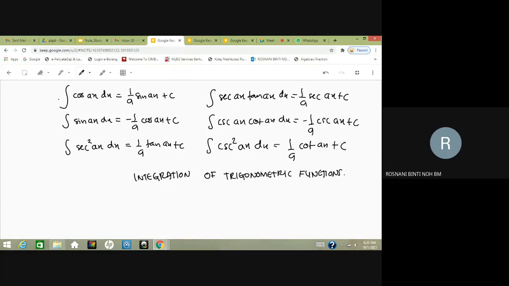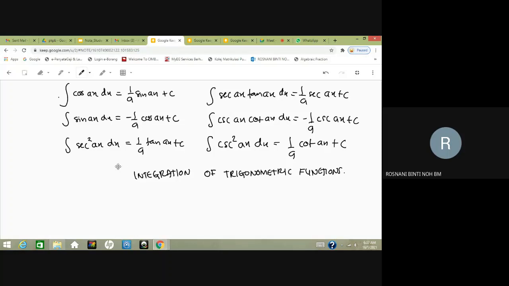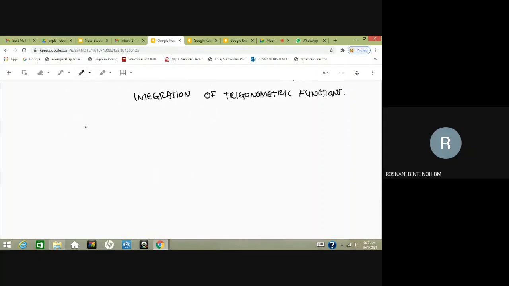So I'm not going to use these 6 formulas anyway, but I gave them to you as your reference. I'm using the formulas of differentiation. I'm directly using examples to explain how you can use the formulas of differentiation. For the first example, you want to integrate sine 3x